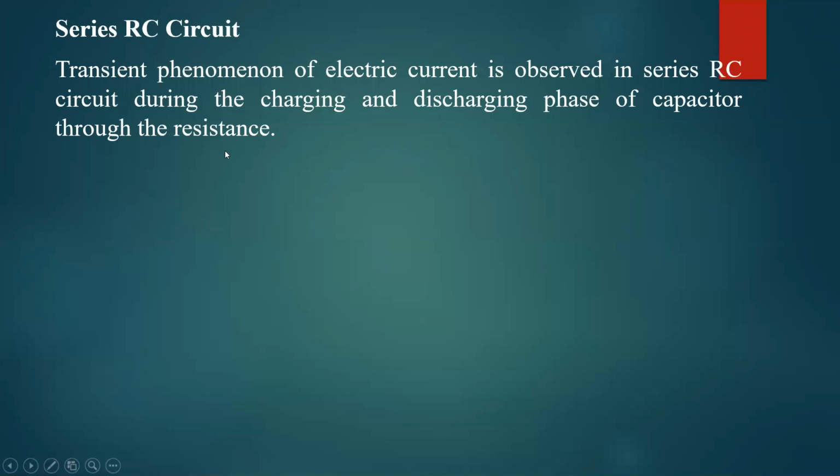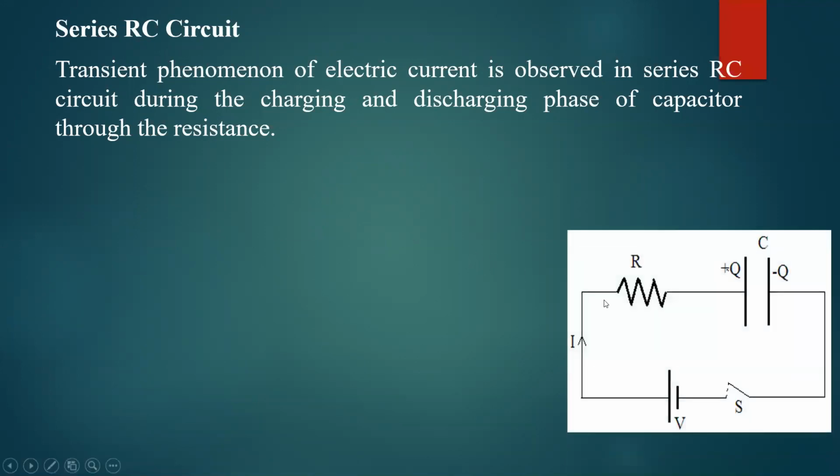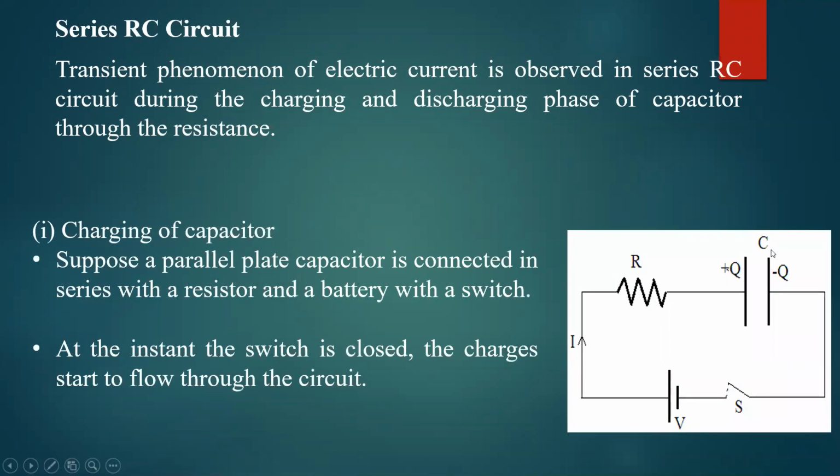So whenever you connect RC circuit to a battery, the charging and discharging of capacitor is going to be observed, and that charging and discharging is going to take place through a resistor. Okay, let us analyze this circuit. Slowly we'll try to analyze this. This is the circuit. Okay, so here a resistor of resistance R, a capacitor of capacitance C is connected through a switch to a battery. Okay, a battery of voltage V is connected, then current I will flow through the circuit. Okay, and there is a switch which can be used to break or connect the circuit.